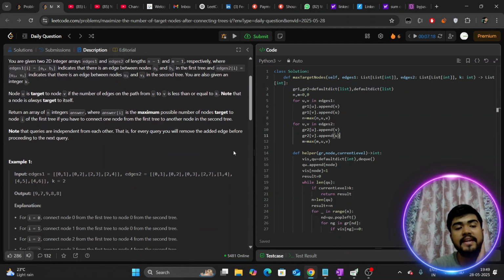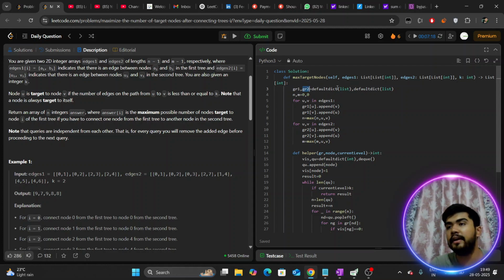Initially n and m are not given to us. That is a problem for sure, so we have to calculate them. We definitely have to define two graphs. So I have initialized graph 1 and graph 2 as defaultdict of list, and n and m I have started with 0 and 0. Here I am building graph 1: for u, v in edges1, graph1[u].append(v), graph1[v].append(u),